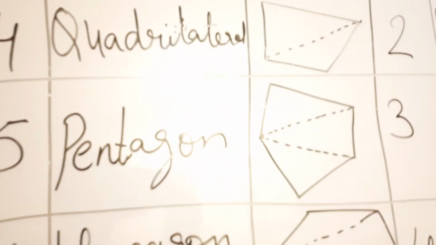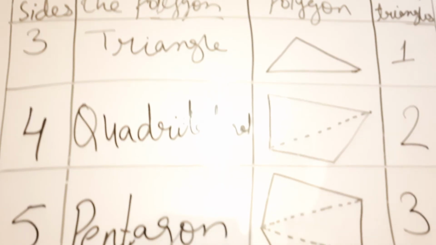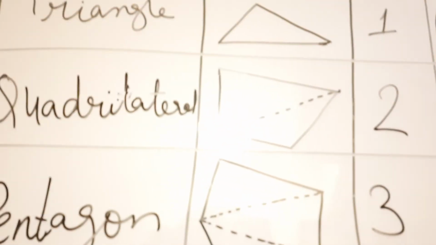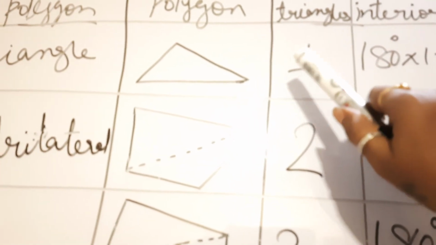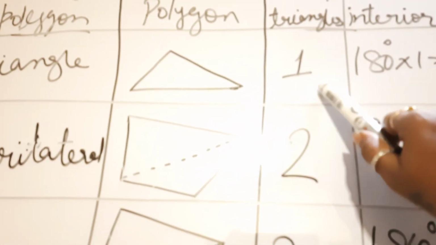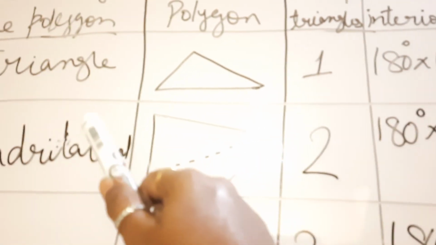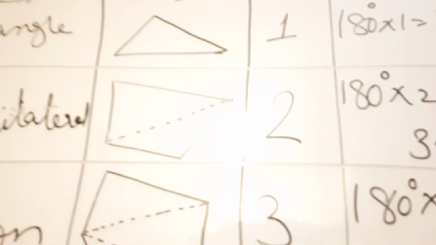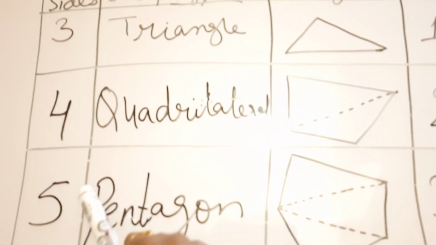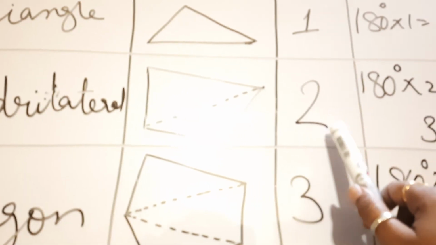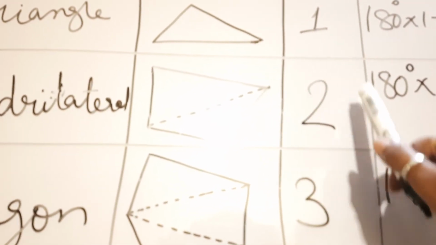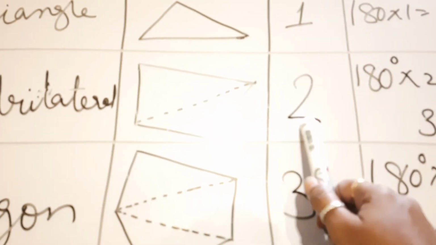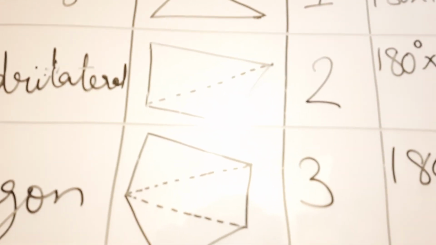So that's how you are going to solve it. Now look at this. What the note is telling you is, for example, the number of triangles is 1. 3 minus 2 is 1, so you are getting 1 triangle. That's what n minus 2 means. Here the number of sides is 4, and the number of triangles is 2. Your n is 4, 4 minus 2 is 2. 2 triangles you are getting.